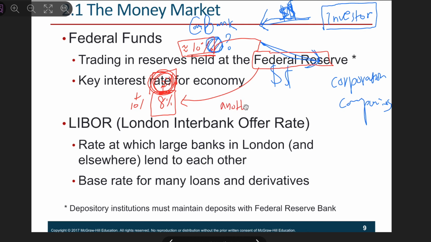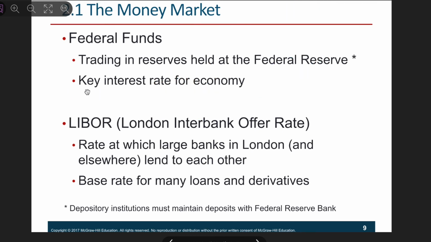Another bank who has, let's say, 13% of reserve can lend their leftover to a bank in deficit. In this transaction, the interest rate is calculated,